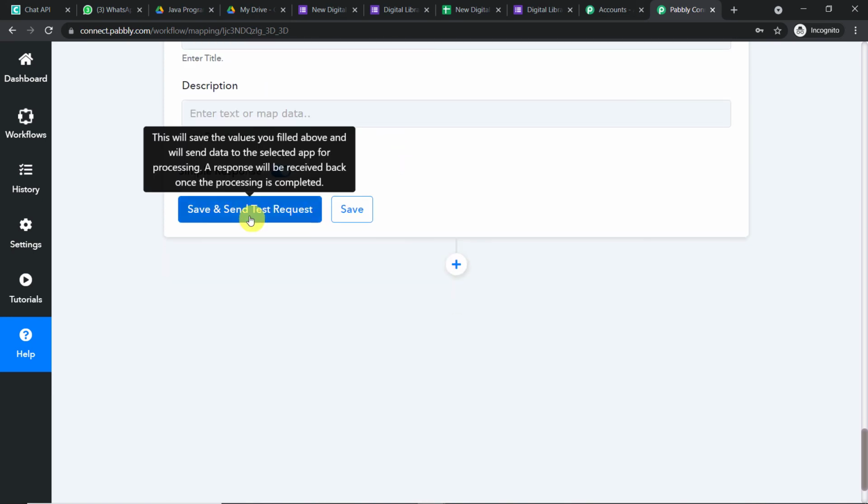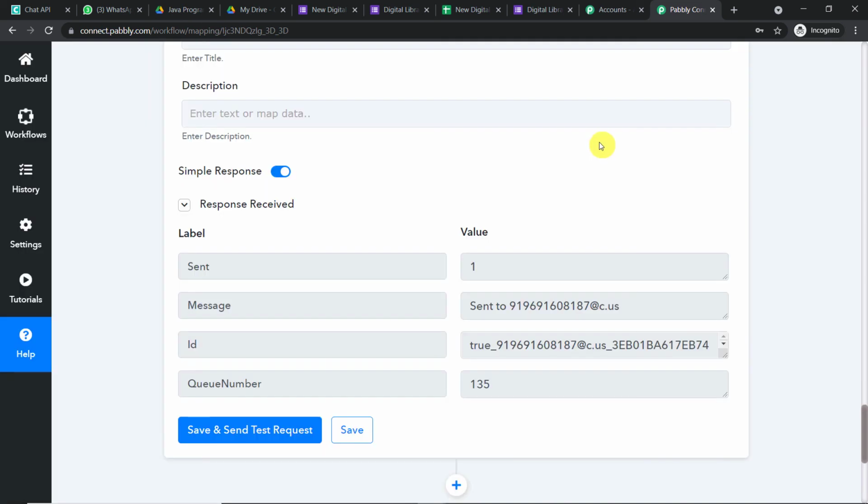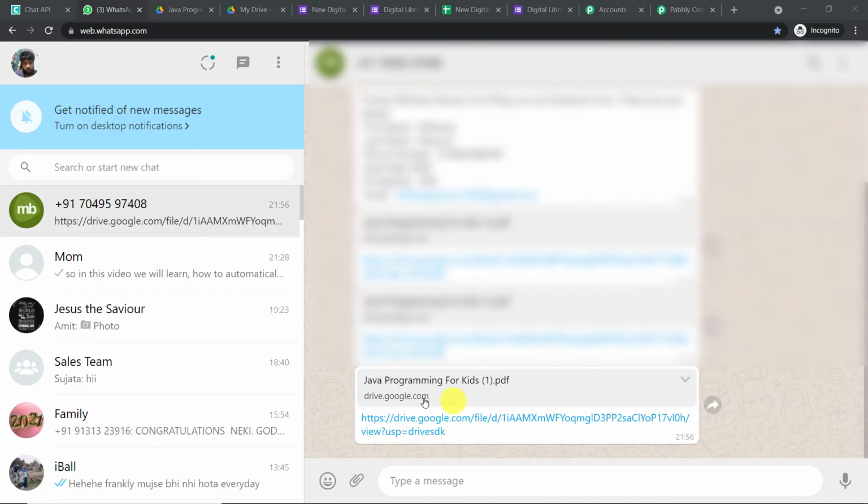So basically we have all the data. Okay, all we have to do is just click on save and send test request to send this message, to send this link. Okay, so it is showing the data has been sent. So let me just show you in, I'm sorry, not mine, in Jerry Maguire's WhatsApp profile. Did he receive the data? Okay, so basically this is the same message that we had earlier given to the person. Okay, so as you can see, Jerry Maguire has received the message, and this is the link. So basically he's just going to explore this link by clicking on this link. We are not going to click on this link again. Okay, so basically the presence of this link shows that we have successfully integrated Google Forms, Google Drive and WhatsApp with help of Pabbly Connect.